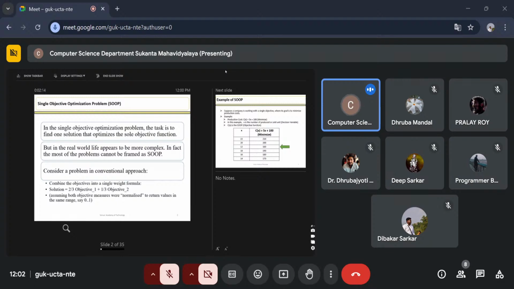Before going into any further details, suppose this is an example here where we are dealing with suppose two objectives. For the sake of simplicity, let us start with two objectives only. Objective 1 and objective 2. Now, finally, when we are trying to get hold of an optimized solution, a good one or a befitting one that we desire to have, then typically what we practice is to go for some weighted solution out of it. For example, here